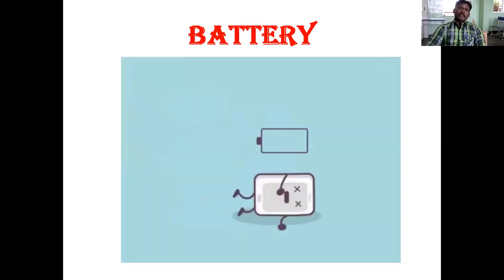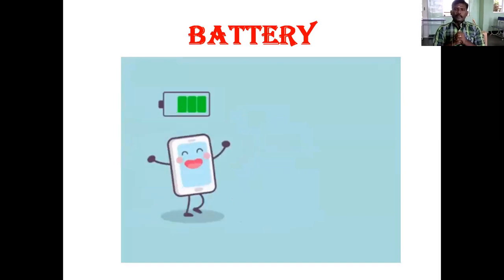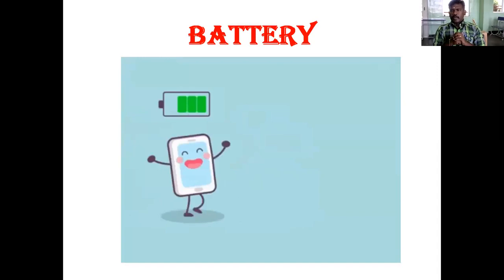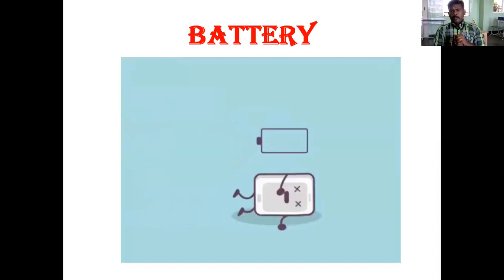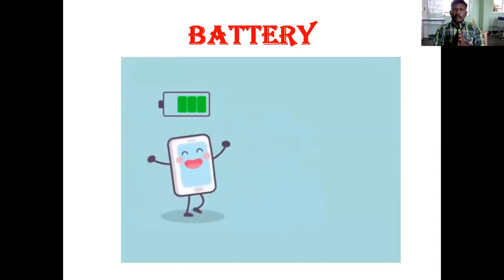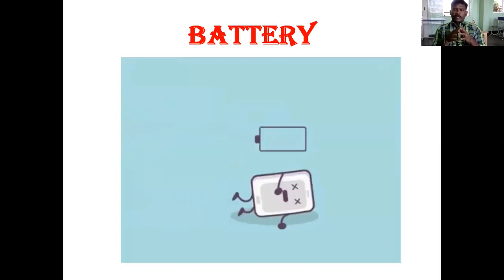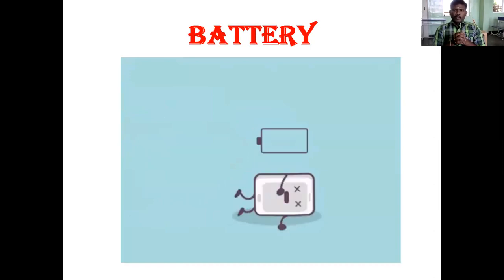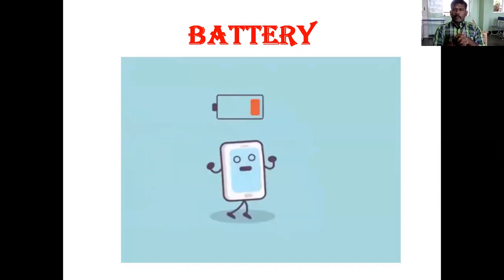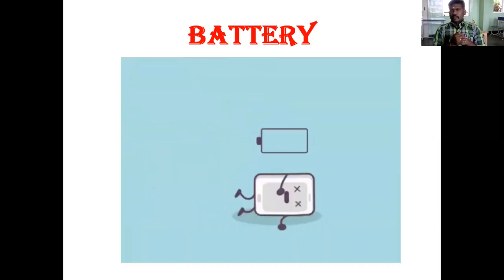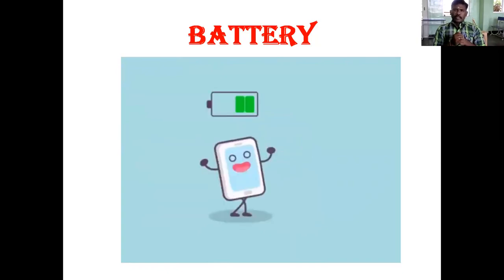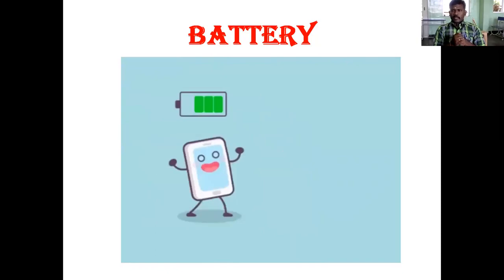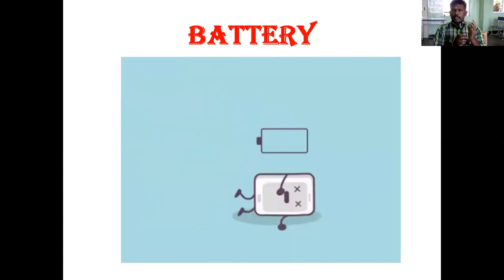See the picture, see the GIF file, all of you. Whenever you are continuously using a mobile or any electrical device, that device is working on the basis of a cell. If you are using a remote, it is fitted with cells. If you use the remote for 1 or 2 months, or continuously use any device, that device works with the help of the battery, and the battery level reduces.